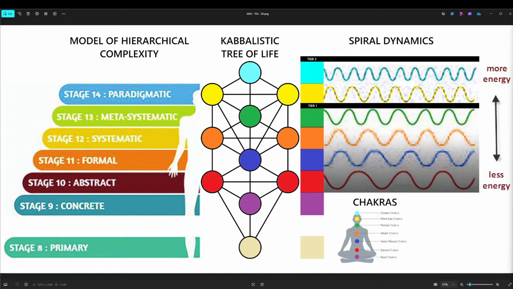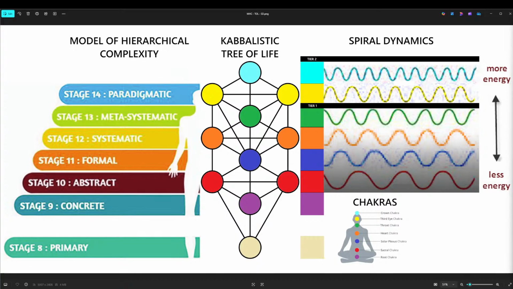I think most people are in blue or orange, and then I know 10% of the population is in green, and like 1% is in yellow. So basically, the vast majority of people are in blue or orange or some green, generally, which is all in tier 1, which means basically everyone in tier 1 isn't really familiar with much evolutionary or philosophical kind of content like spiral dynamics and these systems, which are more like yellow tier 2